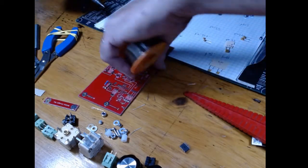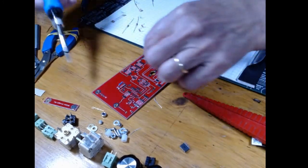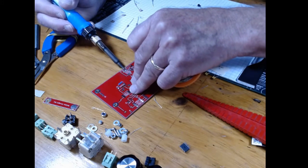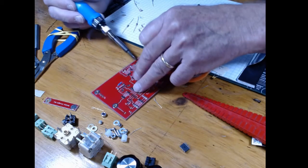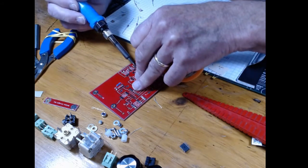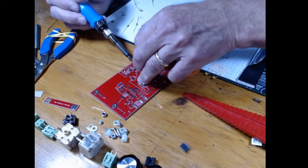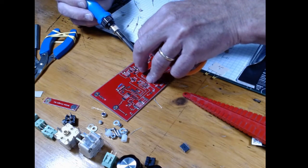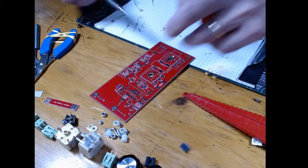We can start this way or this way. It doesn't make much difference. I'm going to start here. I'm going to choose the right hand pad, and I'm just going to put solder on all the right hand pads, or the upper pad, let's say. If it's a part going this way, I'll do the upper pad, and if it's a part going this way, I will do the right hand pad. The idea is to be uniform about what you pick,